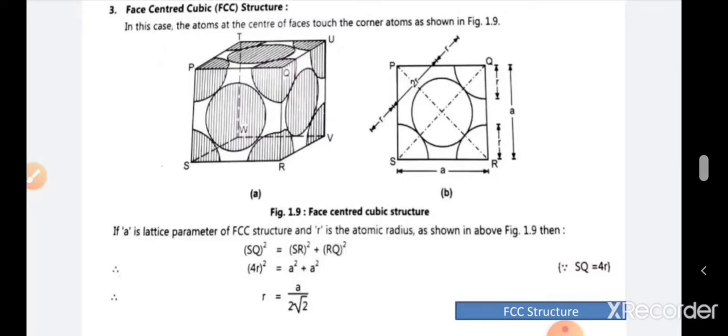Besides that, a 2D diagram is shown where the side of the cube is denoted by A and the radius of the sphere is denoted by R, that we already know. Now if you check the diagonal SQ, in that diagonal 2 half spheres and 1 complete sphere will come. The value for the half sphere is R and the complete sphere is 2R, because we have to consider the entire diameter of the sphere, and we denoted the radius of the sphere as R.